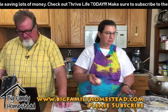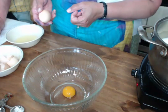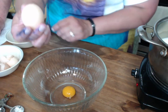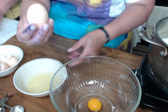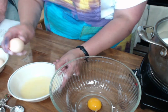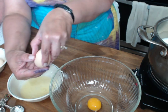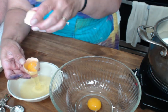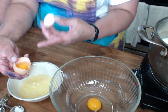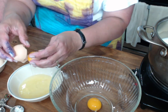So, okay, let me show you again in the up close cam. Okay, up close cam. Here we go. So, I'll take my egg vertically like so. Nice blue fingers. Thank you. Appreciate that. And I will crack it on the side of the bowl. Hold it vertically, pulling this top part off. Just like a skull. And you saw that most of the white kind of fell out. Then I'll just carefully,